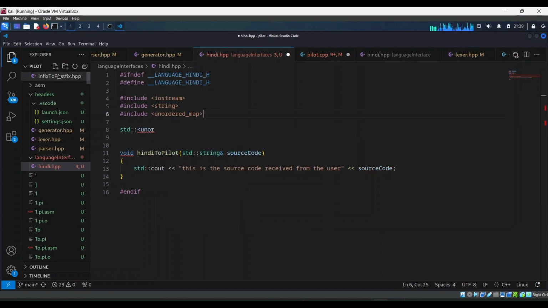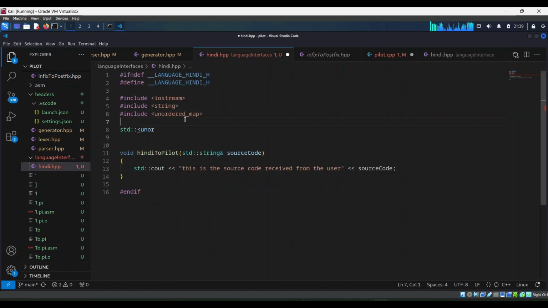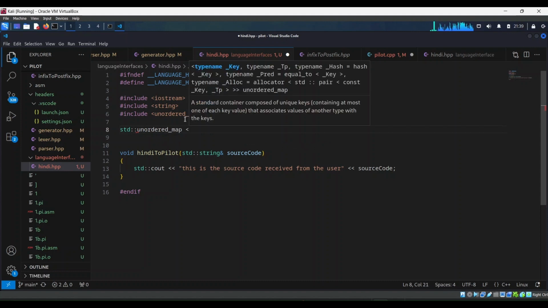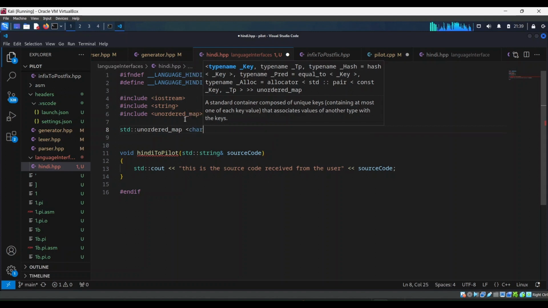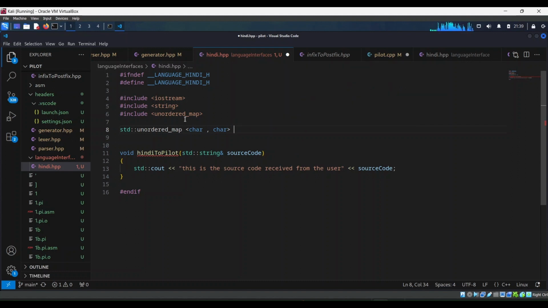Let's go to infix to postfix. Oh, okay, we did not have to put that. Okay, just putting this in angle braces, unordered map. It would take in a character and return a character, if I'm not wrong. Yeah, because we're mapping a character to a character, and the name is Hindi numeral to English numeral,